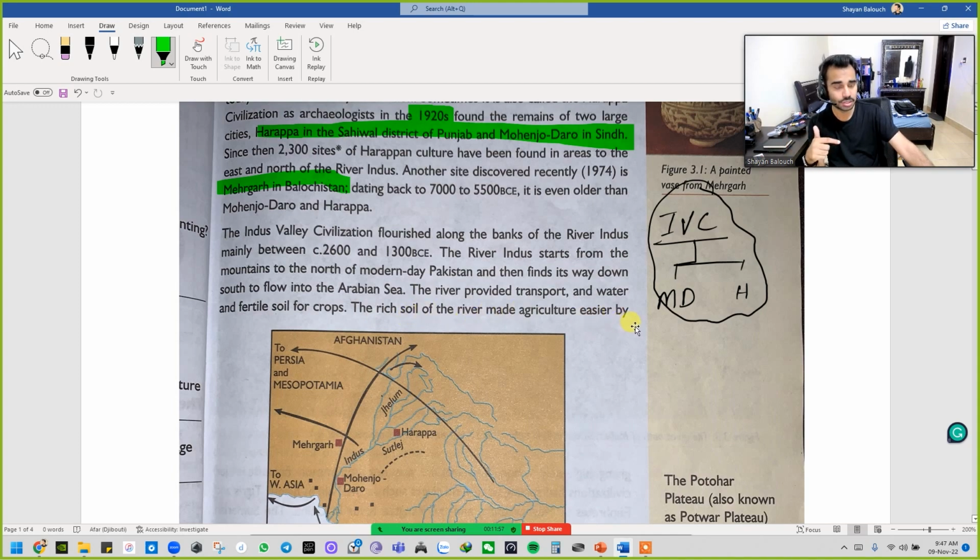Now I'm going to go to another page, but before that, let me give you a clear understanding over here as well. Here they're saying that this river provided them the source of transport, the source of water for their agriculture and their daily purposes, their bathing purposes, and not only that, the soil where they were living was also very rich. Because you see, even if you have the resource of water through a river or through the sea,